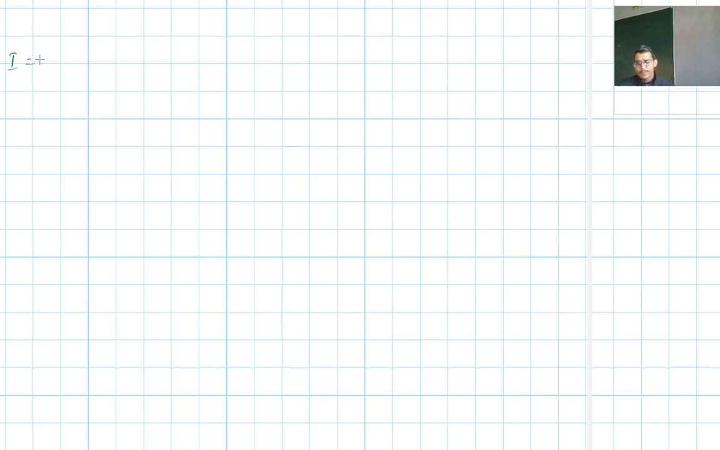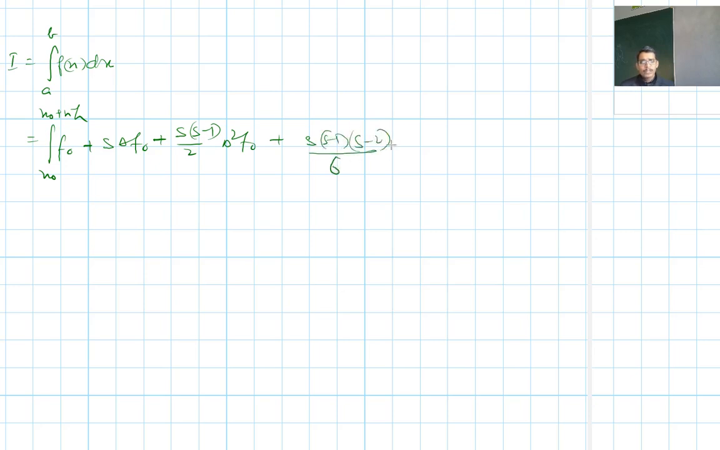this I is equal to the integral from a to b of f of x dx, and it can also be written as the integral from x naught to x naught plus nh of f naught plus s delta f naught plus s into s minus 1 by 2 factorial delta square f naught, and 2 factorial can be simply written as 2, plus s into s minus 1 and s minus 2 over 6 delta cube f naught plus and so on. We have left it here,